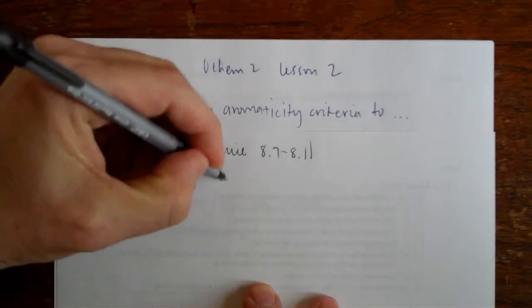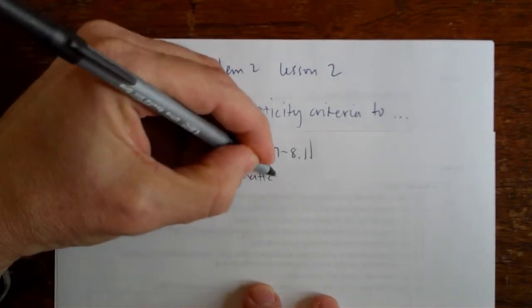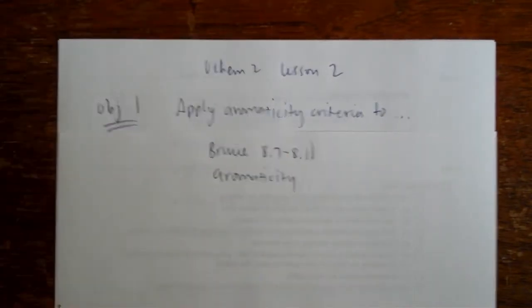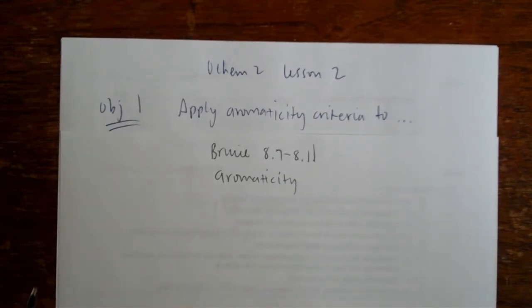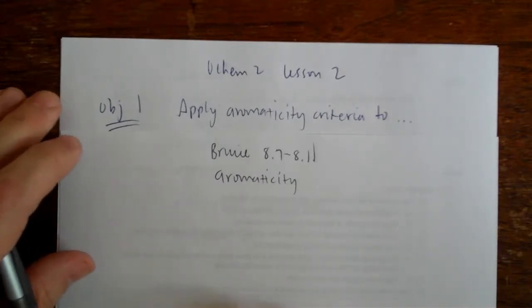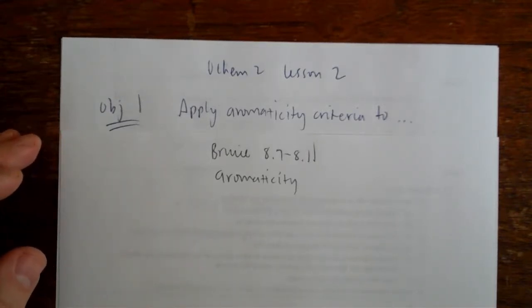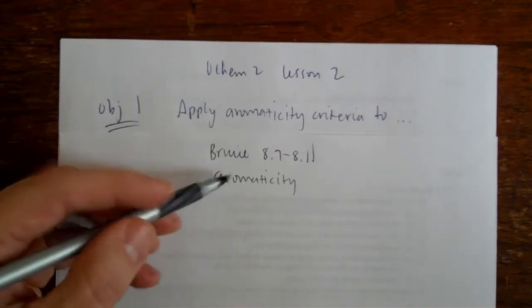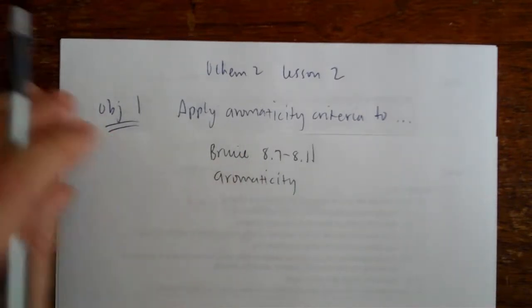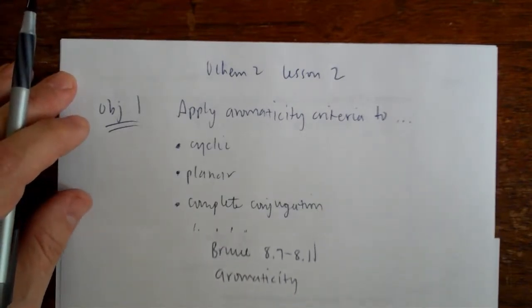So we're introduced to a term called aromaticity, actually probably in the beginning of chapter 8. And then the question is, what is aromatic and what is not aromatic? So Bruce describes aromaticity, she talks about two criteria. Section 8.8 is the two criteria for aromaticity. 8.7 introduces it. 8.8 says that there are two criteria for aromaticity, but the two criteria can really be broken